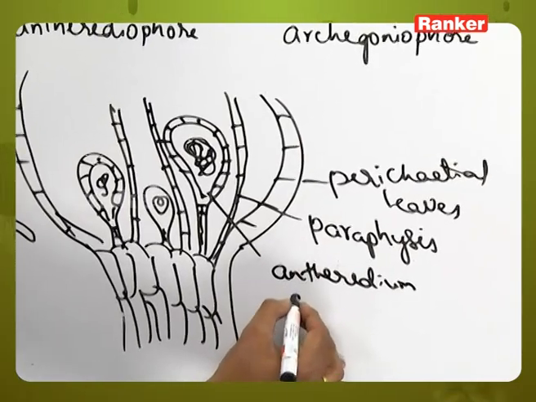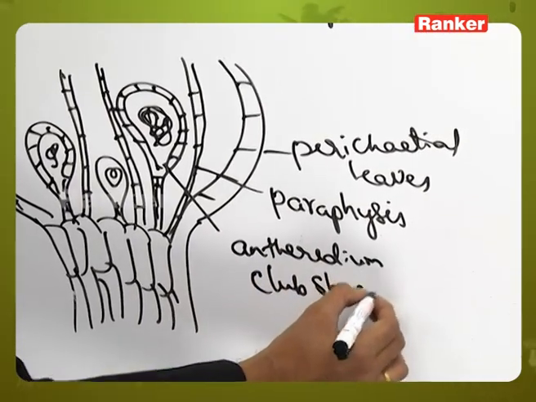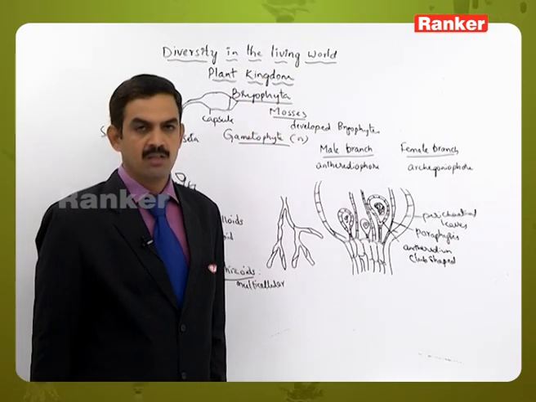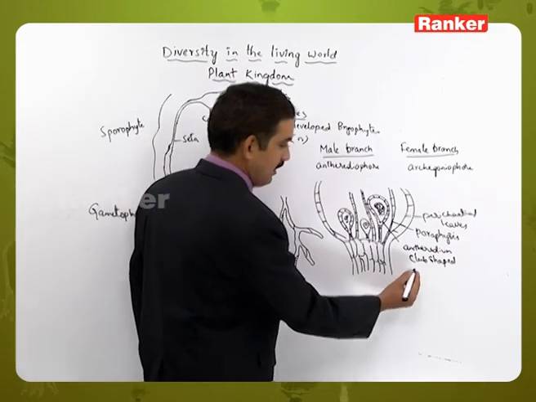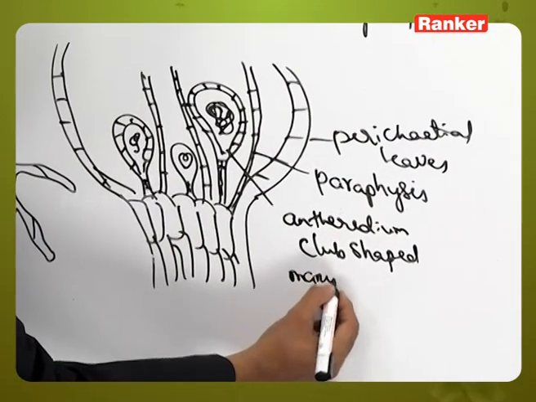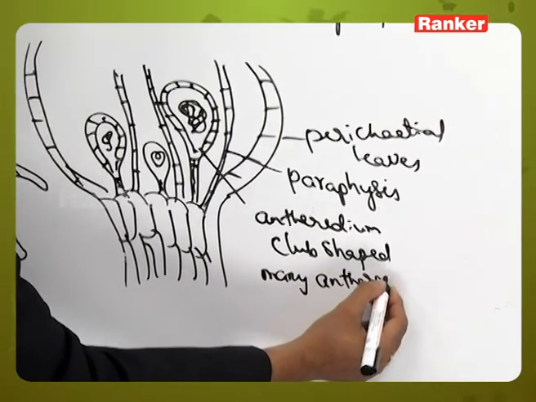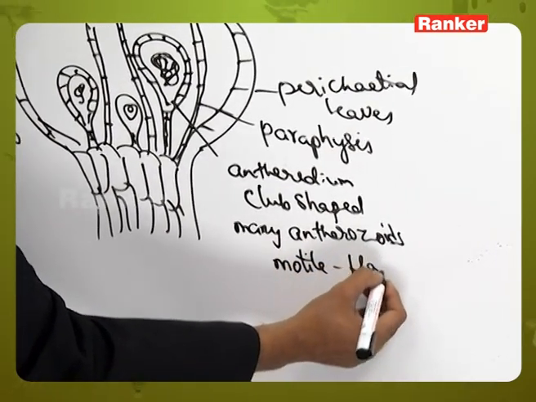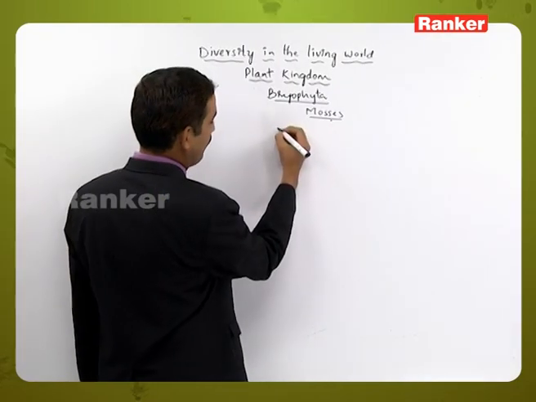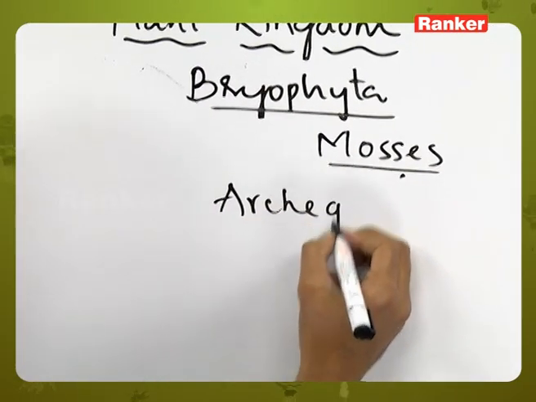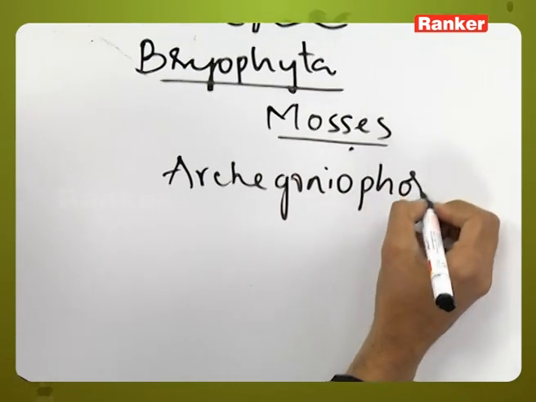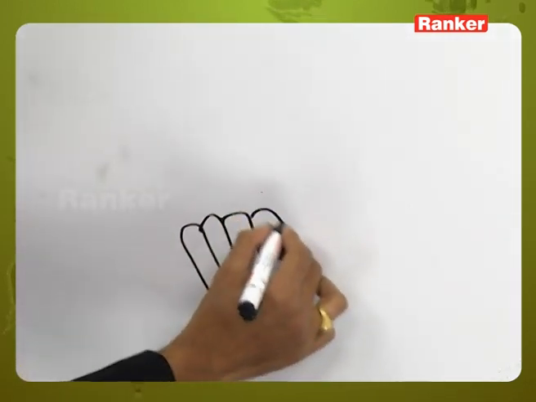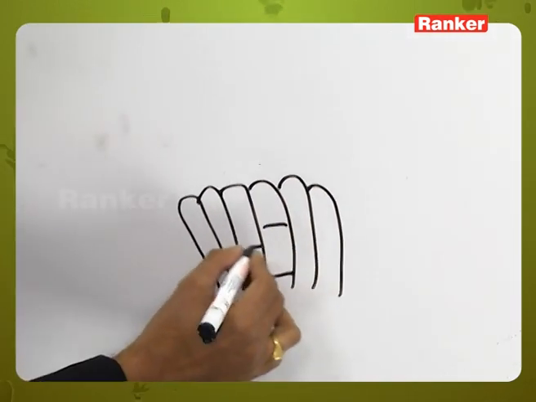The antheridium is generally club shaped, and already we had discussed that reproductive organs or the sex organs are multicellular, stalked and jacketed, and inside which they produce many antherozoids. Generally these antherozoids are motile, having flagella. So in the structure of archegoniophore, here also the archegonia are developing at the tip of the branches. So this is the axis of archegoniophore,